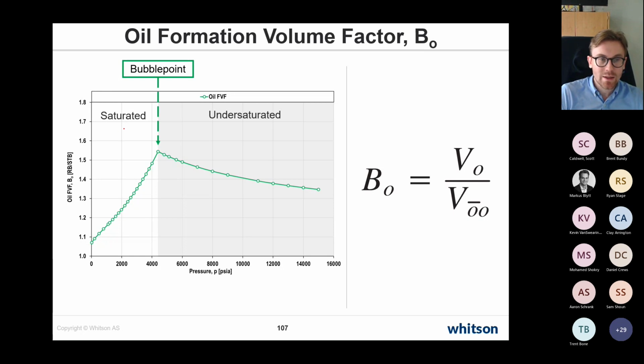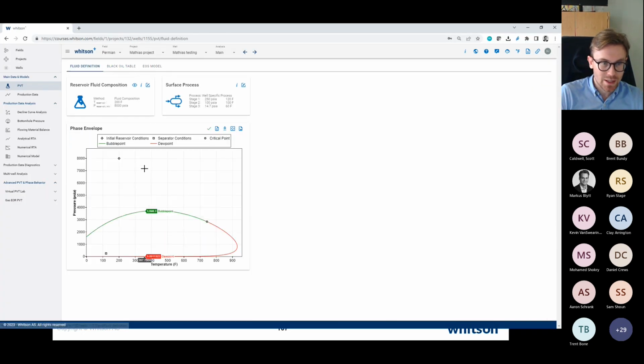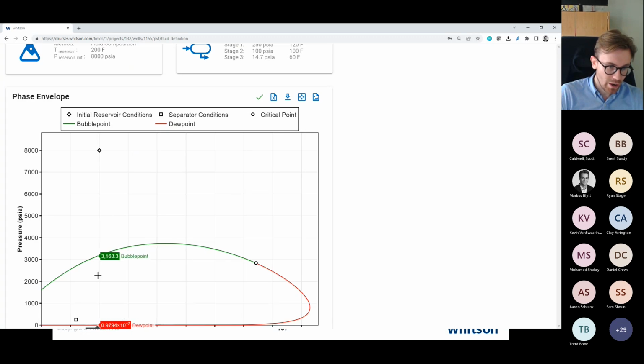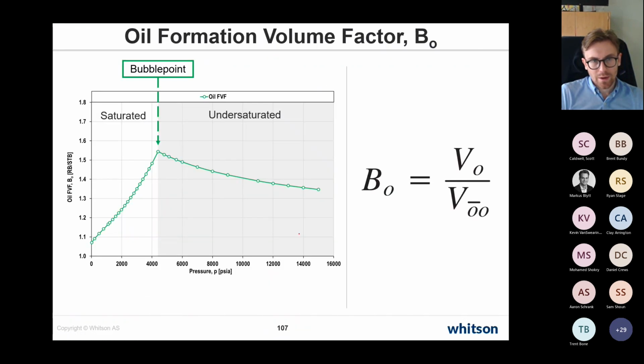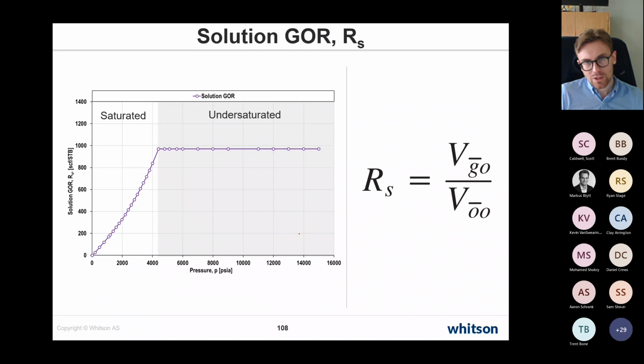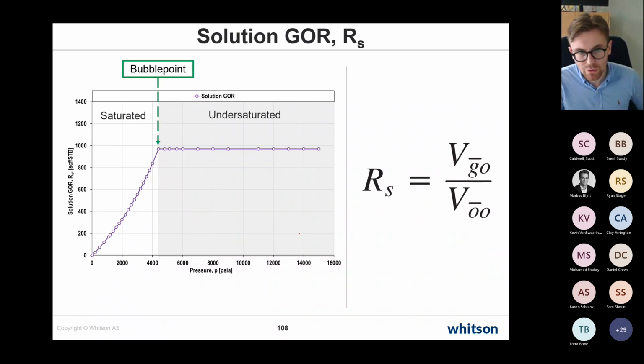That's when we are within the 2-phase envelope. That's when we are inside of this part right here, everything in this region right here for this kind of fluid. Okay, so we're below saturation pressure. The solution GOR is constant above saturation pressure. So that's in the undersaturated region. It's constant. That's when it's